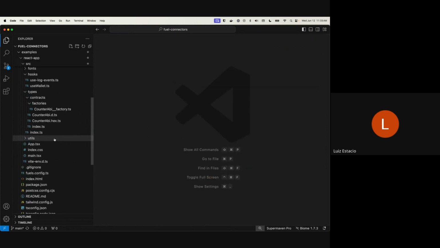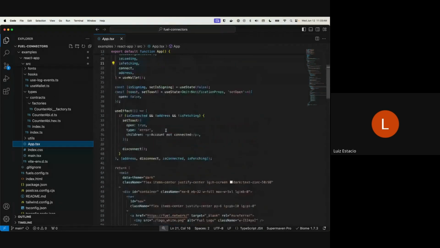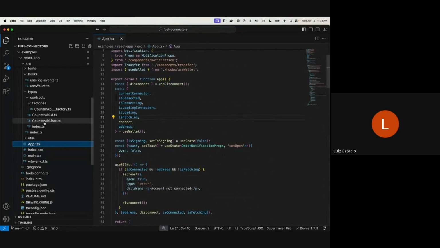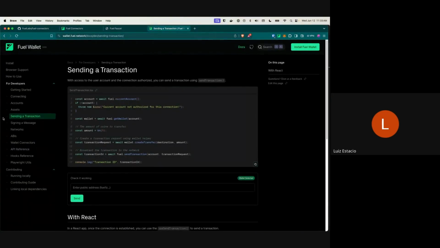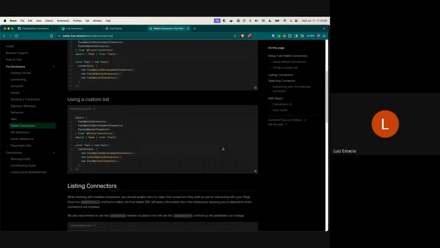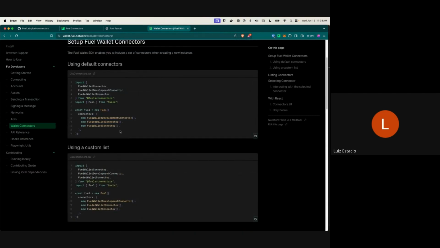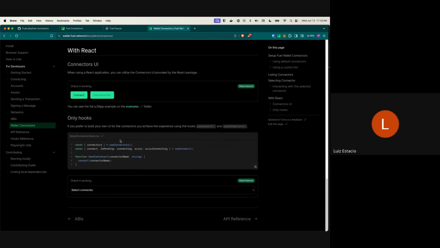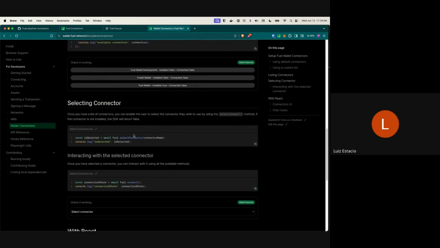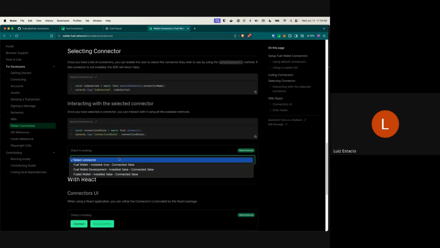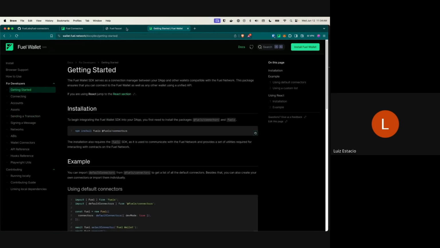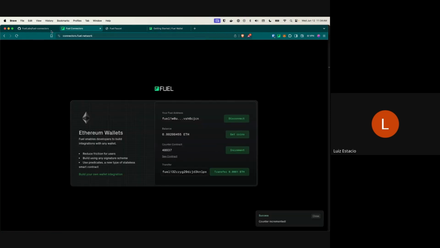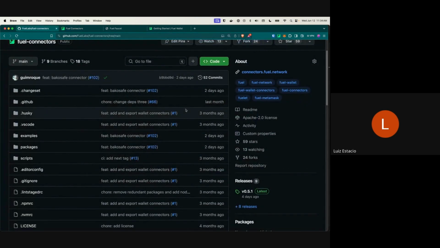On the DApp side, just to show the connectors part, I think it's better for me to show the documentation here on this one, wallet connectors. Then you have the connectors list, everything that you want to connect, and then you are able to just select a connector that you want to use, and then you are able to connect to different wallets. I think that is pretty much it for dApps connecting with the wallet. Any questions here that I can expand?